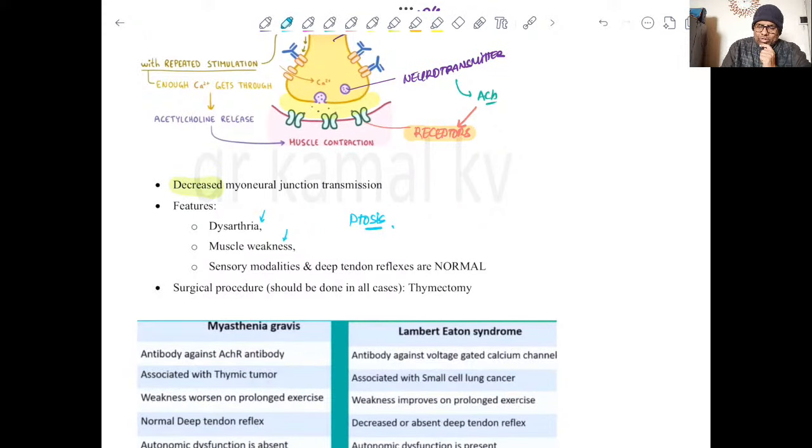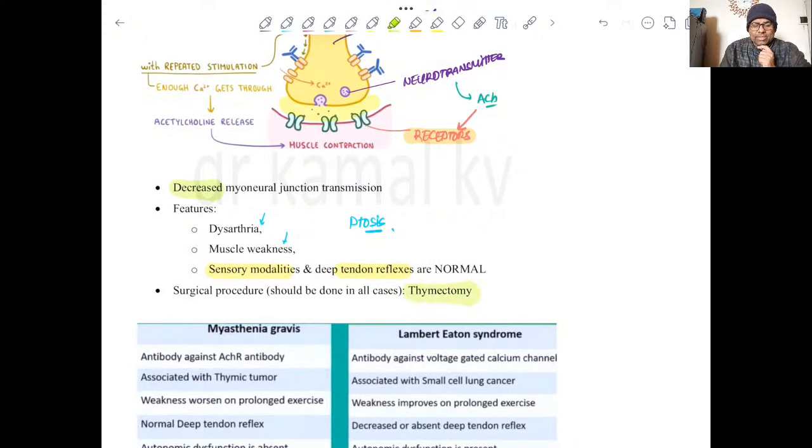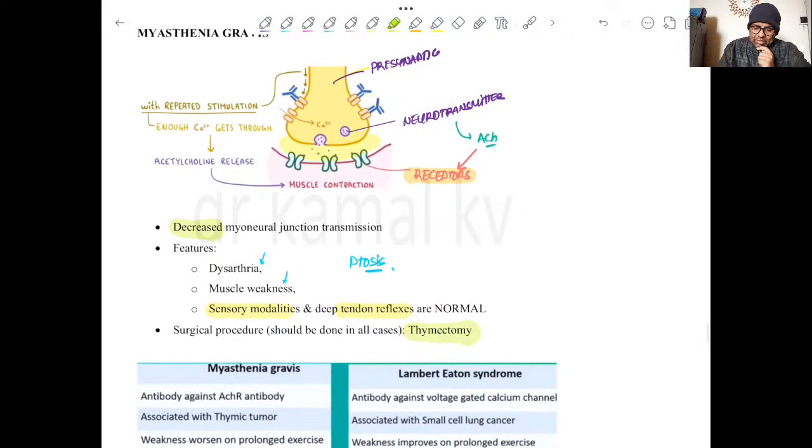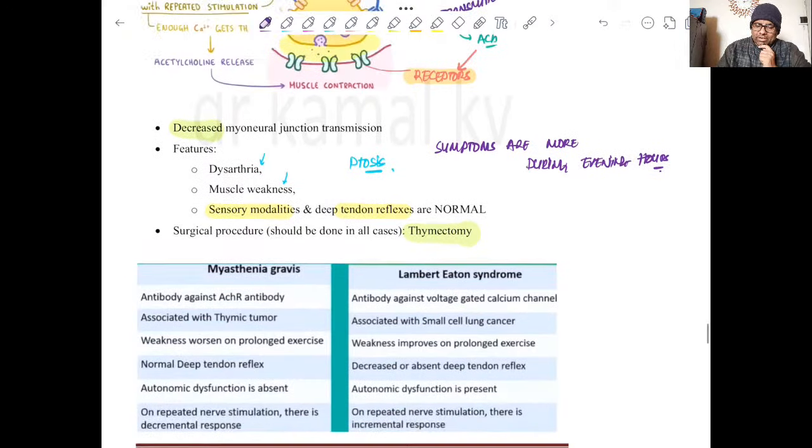And here it's only related to the neuromuscular junction, so sensory modalities and DTR have nothing to do with an upper motor neuron kind of lesion, right? So no findings suggestive of that. And since it is related to thymoma, we have to remove the thymus gland. Now here the classical thing is the symptoms are more during evening hours. Clear? So it means that the person will have symptoms more during the evening hours,